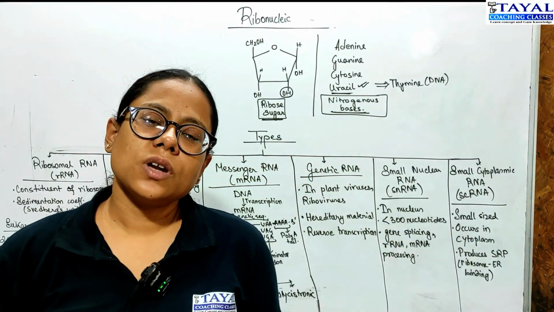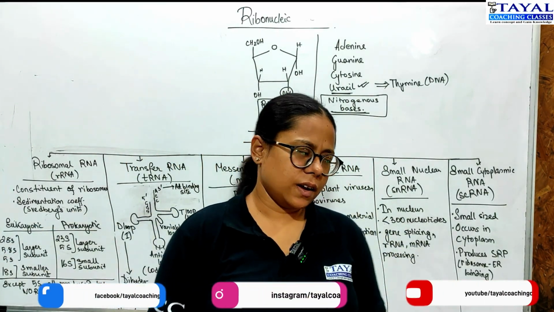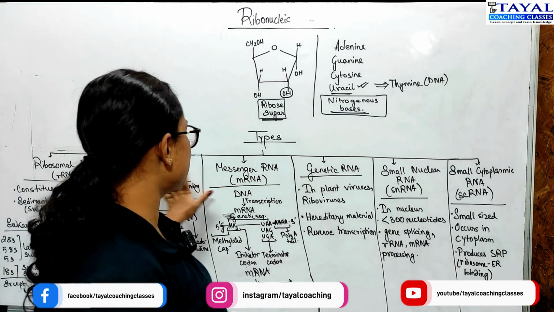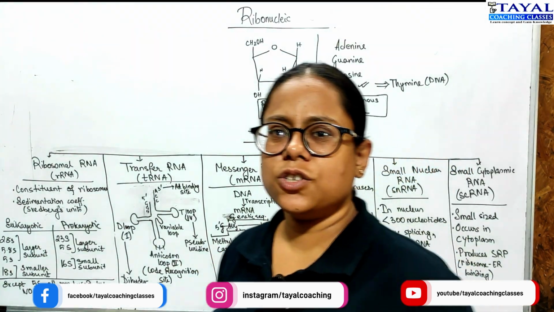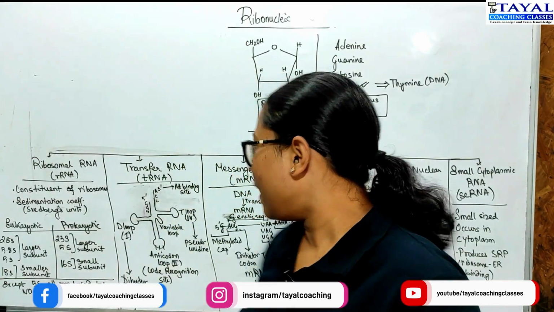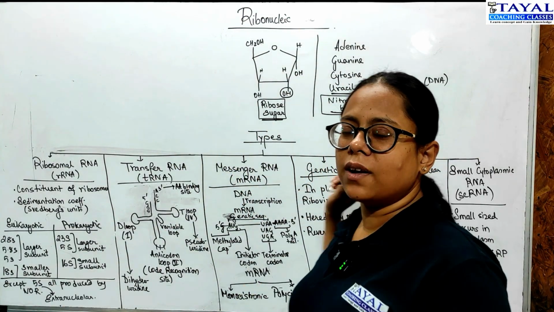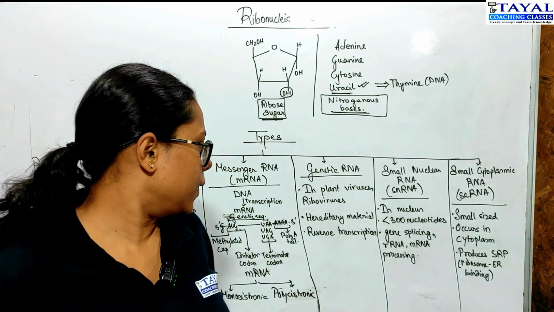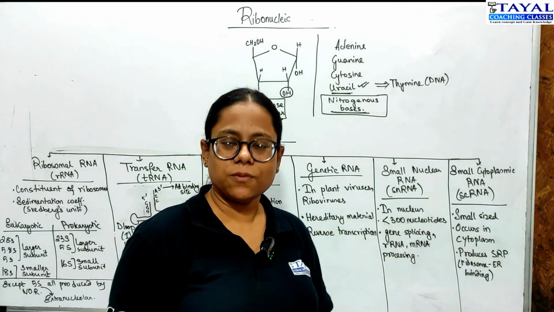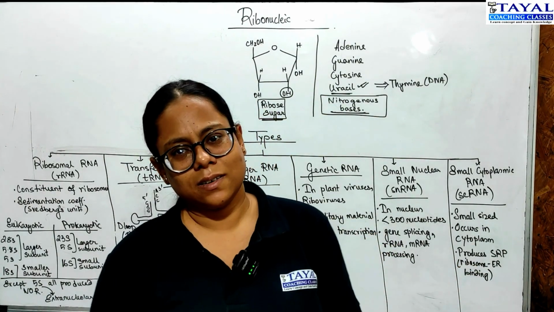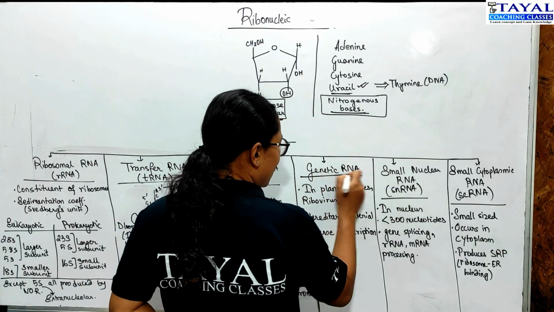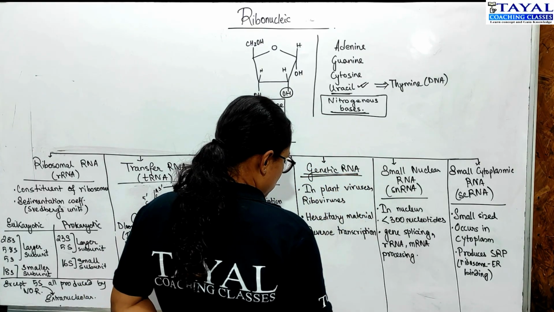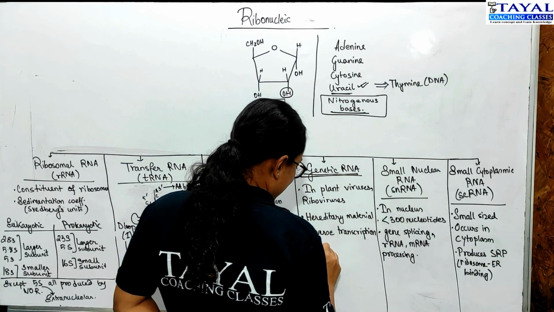Correct? So now if I were to classify RNA, then we could classify into 6 broad categories, starting from ribosomal RNA, messenger RNA, transfer RNA, and then you have genetic RNA, small nuclear RNA and small cytoplasmic RNA. So let's look at these 3 first because these 3 are the least abundant. Starting with genetic RNA, this means RNA which forms, in organisms which lack DNA,